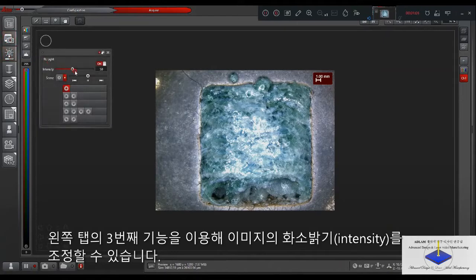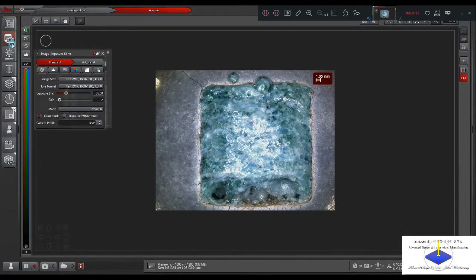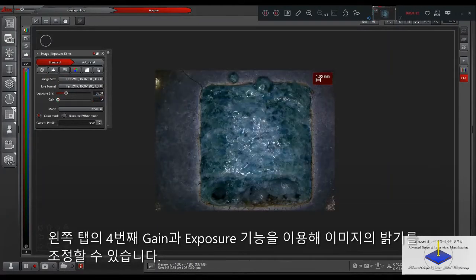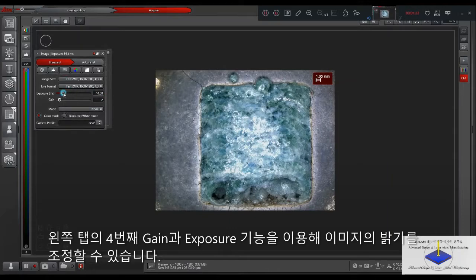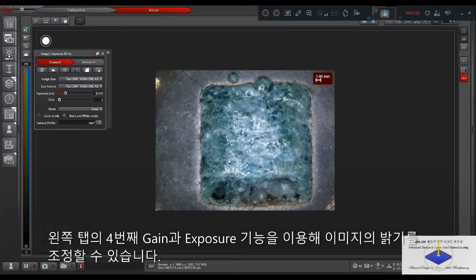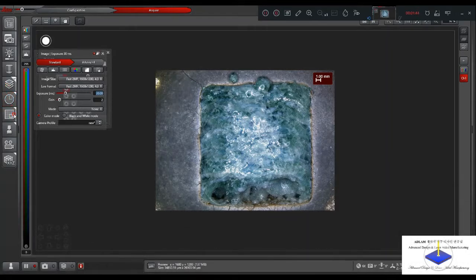Okay, so first we have the intensity. Here it's to adjust the intensity of my sample, either make it brighter or make it a bit dim. And then we also have the exposure and the gain. We can adjust them in a way where the sample is visible and clearly observed. Here I am adjusting the exposure to any point, increasing or decreasing it. And it's better to just have a good